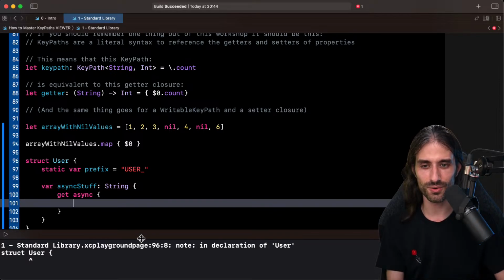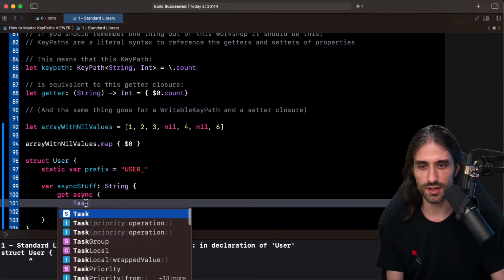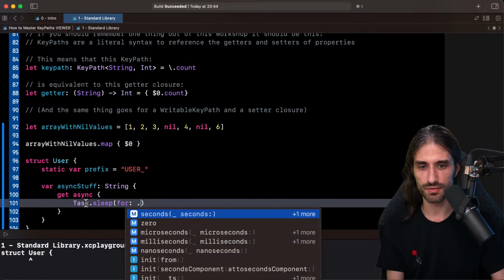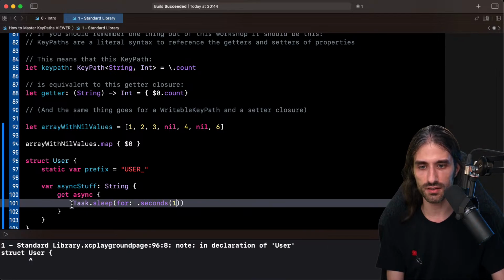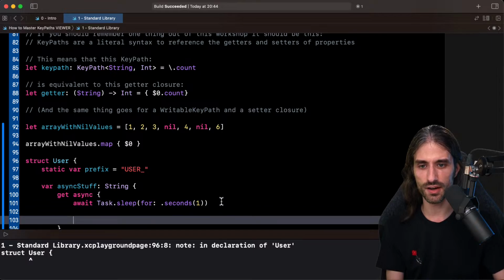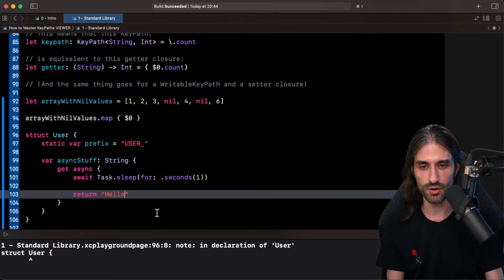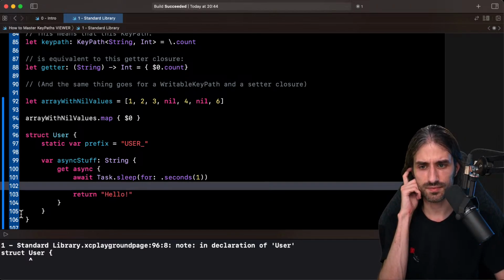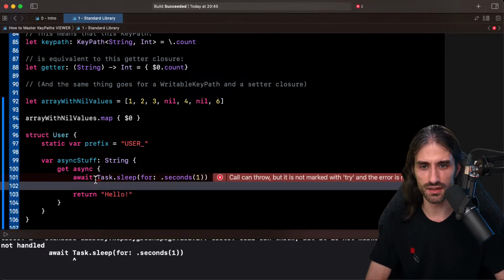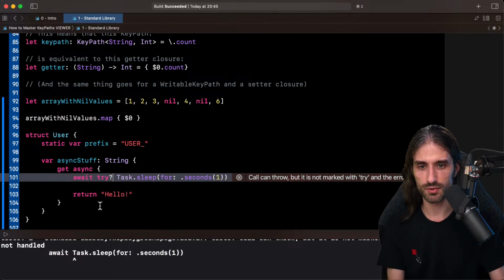I see you've given the answer also in the chat. So it's like that. And so here, for instance, I'm going to do task.sleep for a duration of 1 second. So it's going to be probably an await. Maybe I will need to also deal with the error. We'll see. And then I will just return hello, something like that. Let's see, does it build? I also need to do try.